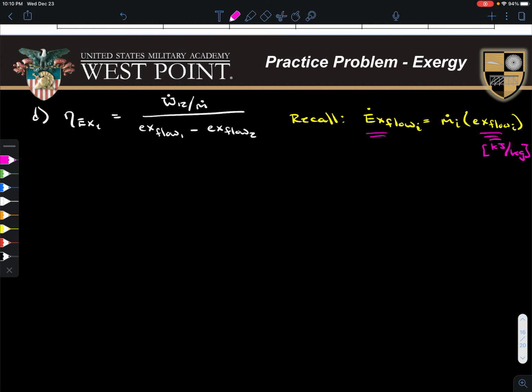It shouldn't just be kilojoules. It should be kilojoules per second, because it's a rate of energy flows. So if we take that m dot on the denominator, or in the numerator, since it's being divided in the numerator, we can end up on the bottom, and we can see how we're going to end up with a statement that is actually equivalent to,